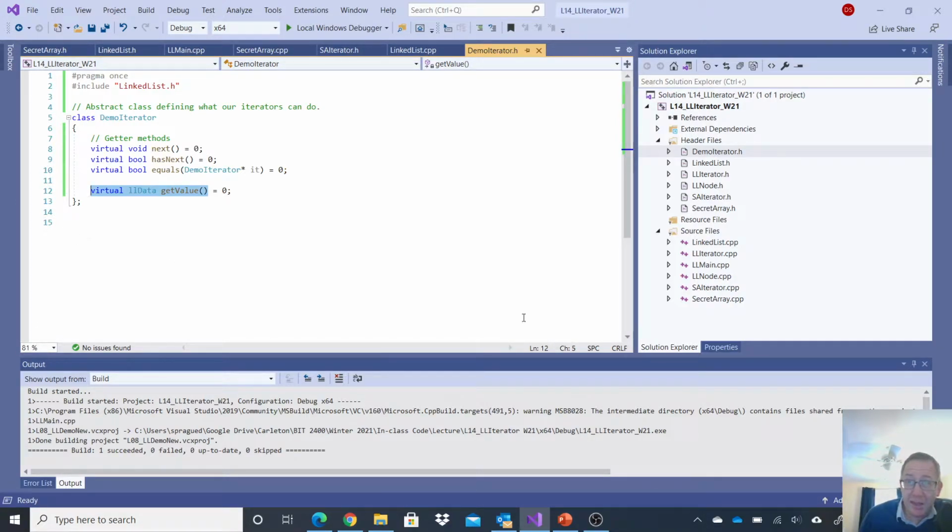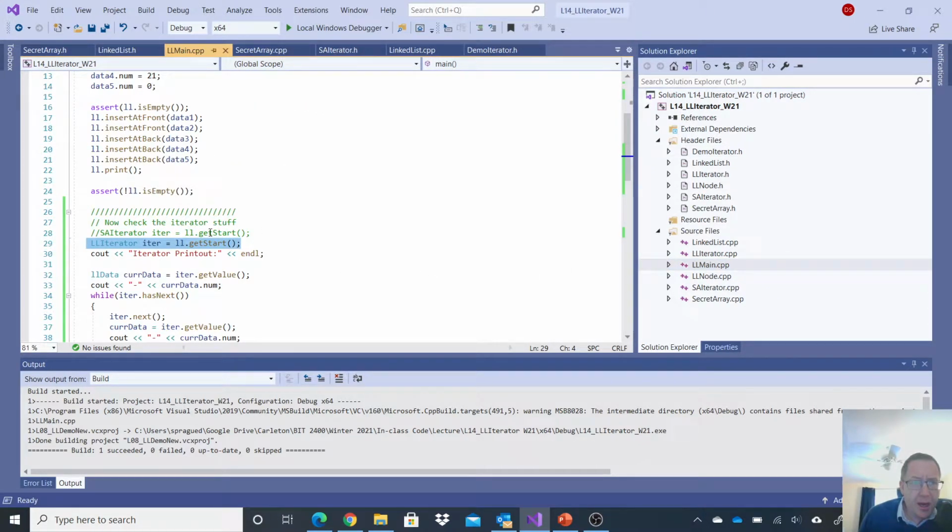And we'll see why in a second. Okay, so here's my main method again. I'm going to make an iterator. I'm going to output a test. I'm going to get the value for that iterator at the starting position,